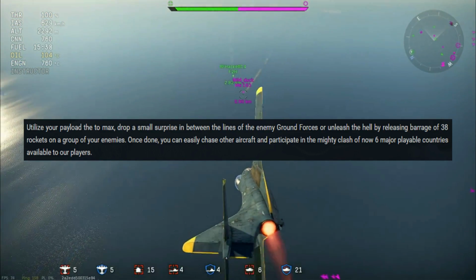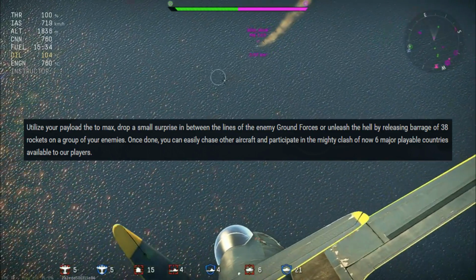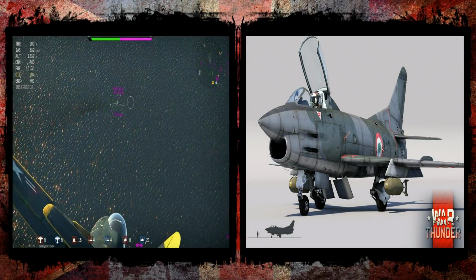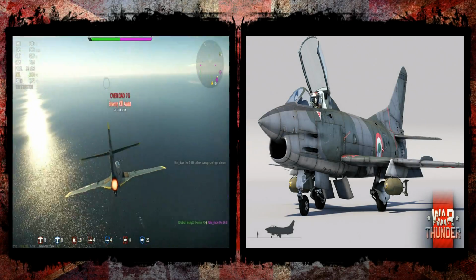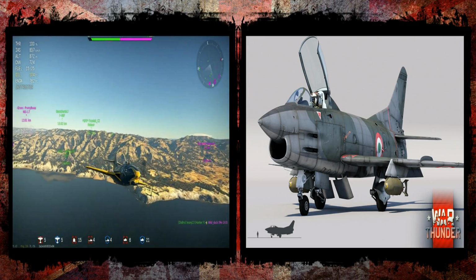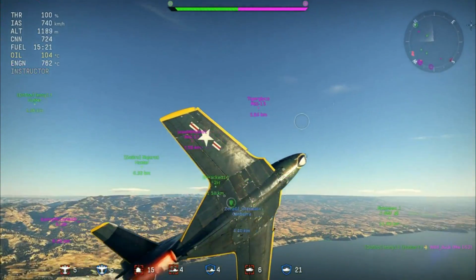Once done, you can easily chase other aircraft and participate in the mighty clash of now 6 major playable countries available to our players. So of course reminding us that the Italians are coming, obviously, since the G91 is here, which is lovely. And also the fact that these rockets are not just supposed to be used on ground targets,